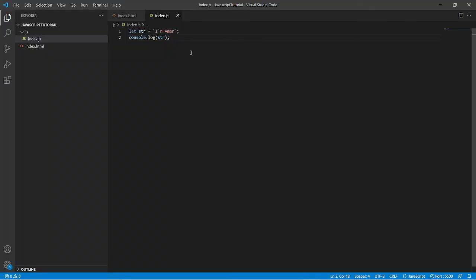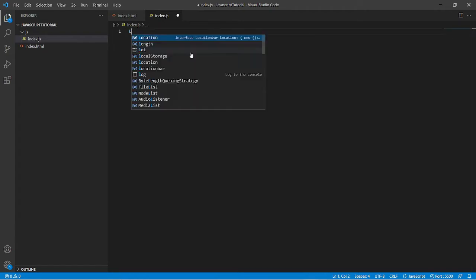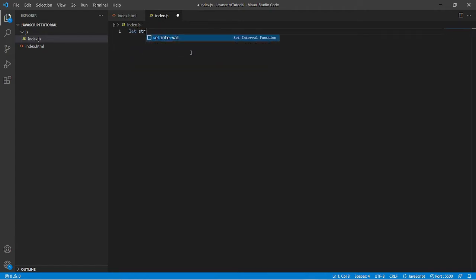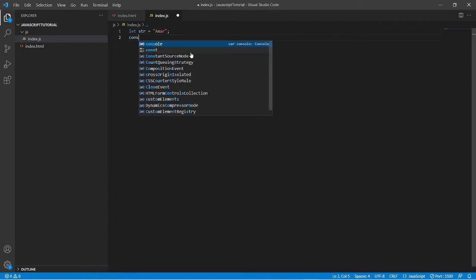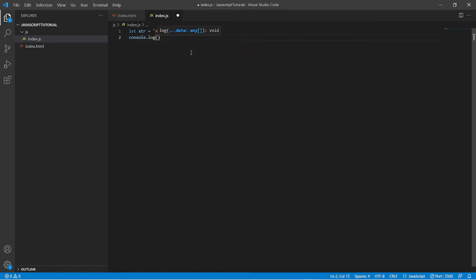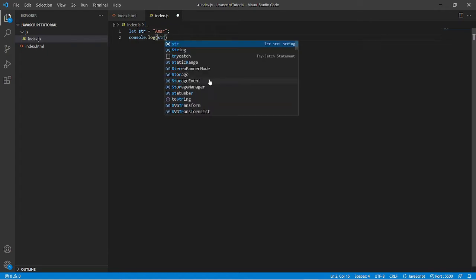The length property returns the length of a string. For example, if we have a variable named str and say the value is Amar, then we can log the length of this string in the console by using the variable name, then the period character, and after the period we will have all the properties and methods available to a string.